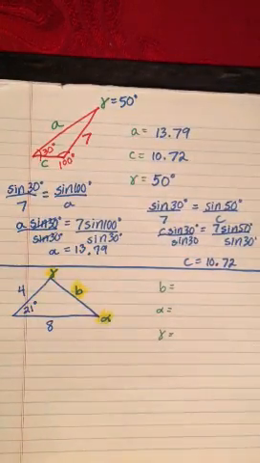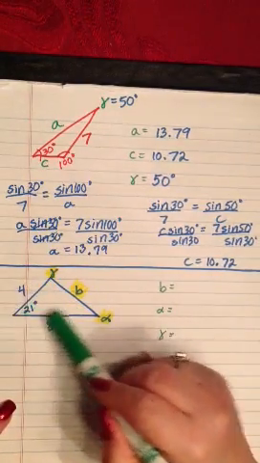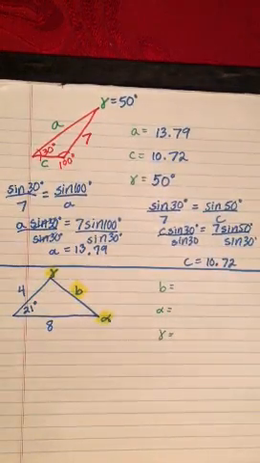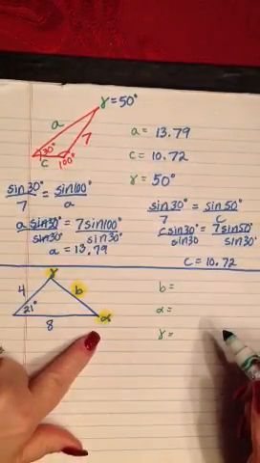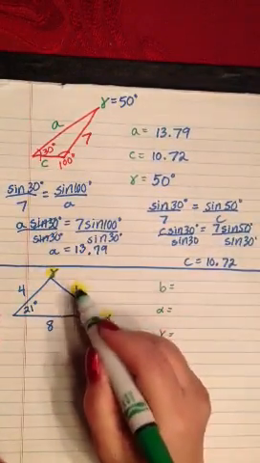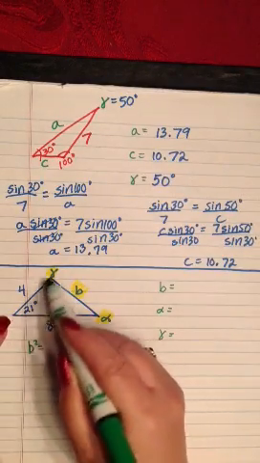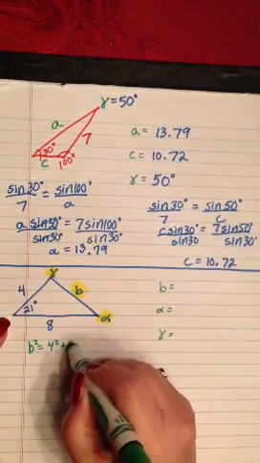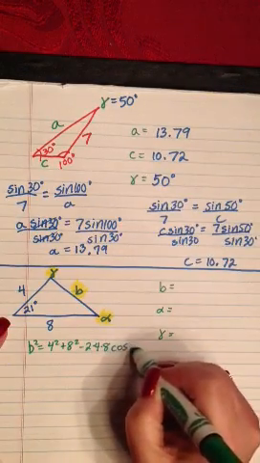All right, let's look at our next problem here. In this particular problem, we are given a case of side, angle, side. I do not know an angle on its opposite side, so I will not be able to use law of sines. And they ask me to find side B, angle gamma, and angle alpha. So to start with, I'm going to find B. B squared is equal to, it's always these two sides squared, minus 2 times their product and the cosine of that angle. So it'll be 4 squared plus 8 squared minus 2 times 4 times 8 times the cosine of